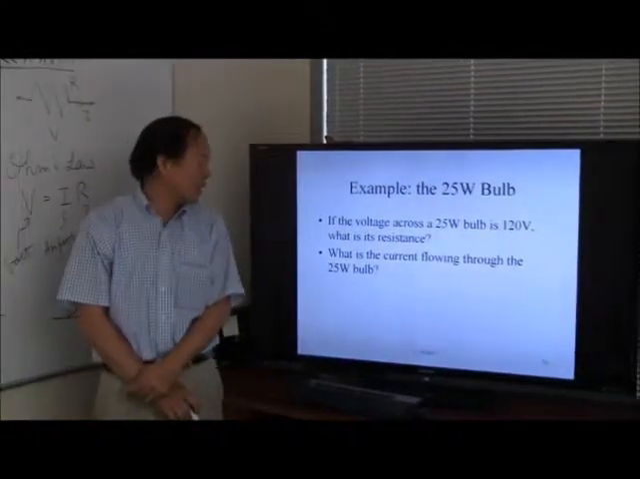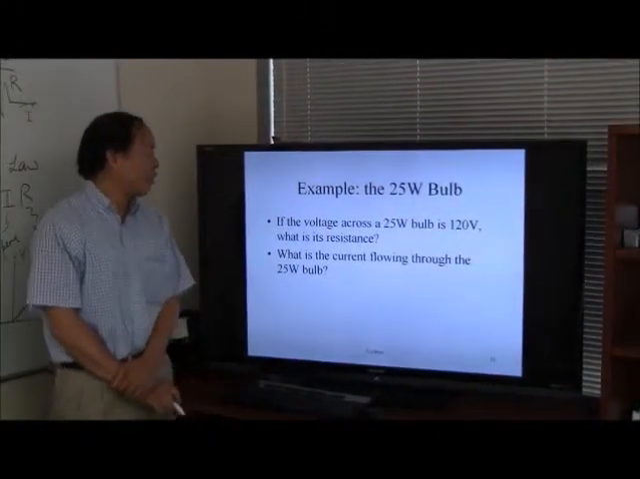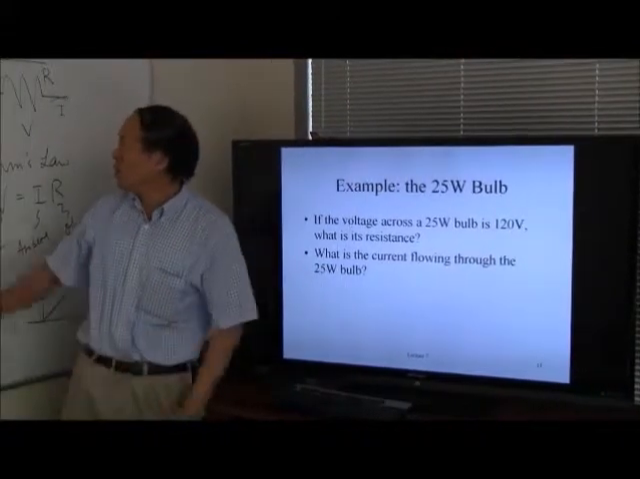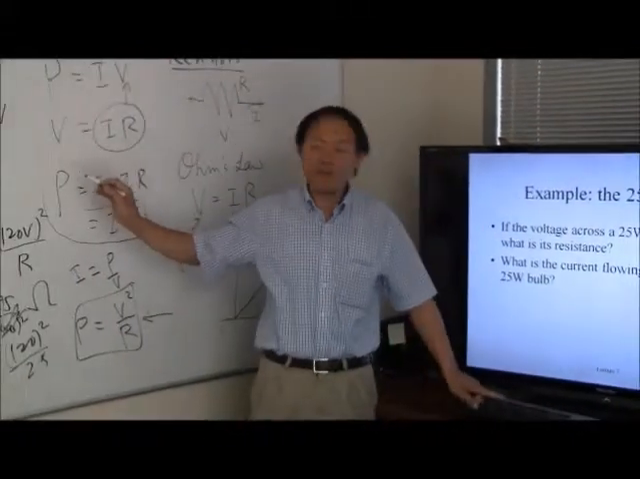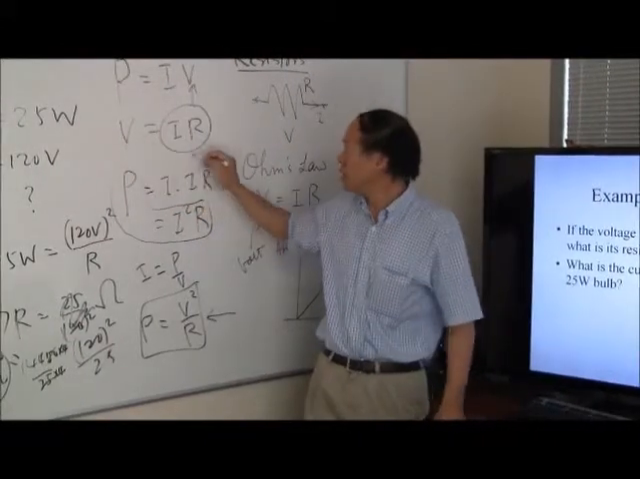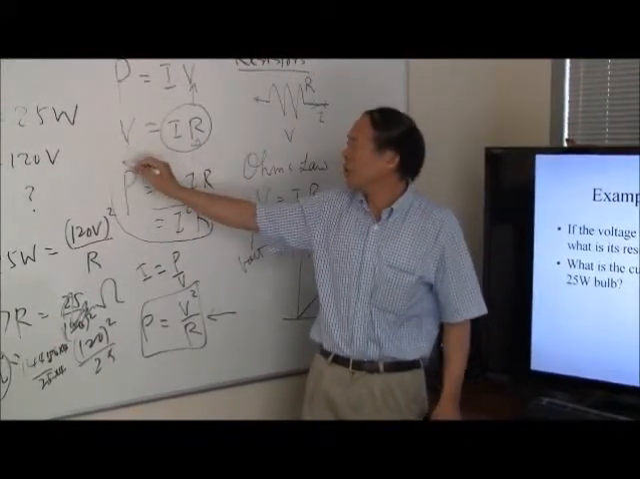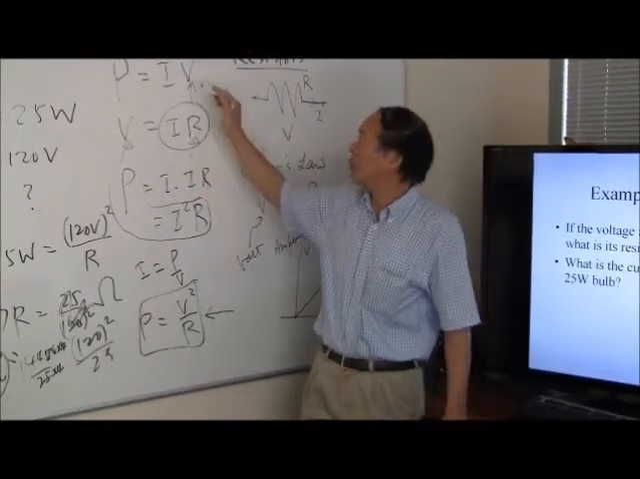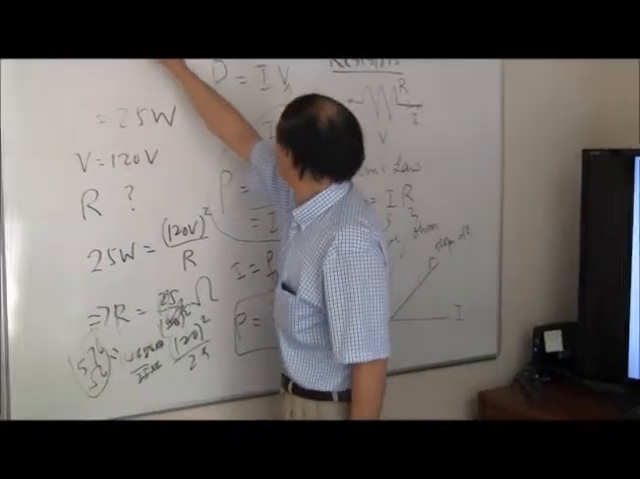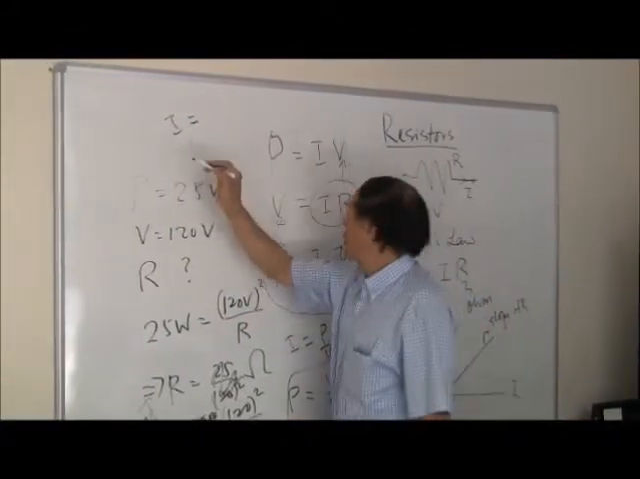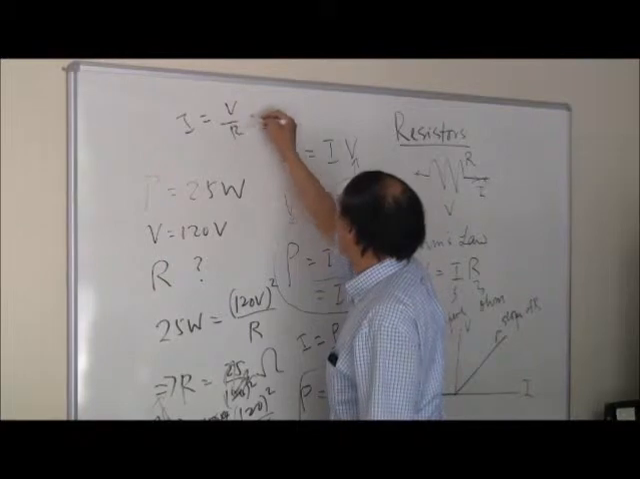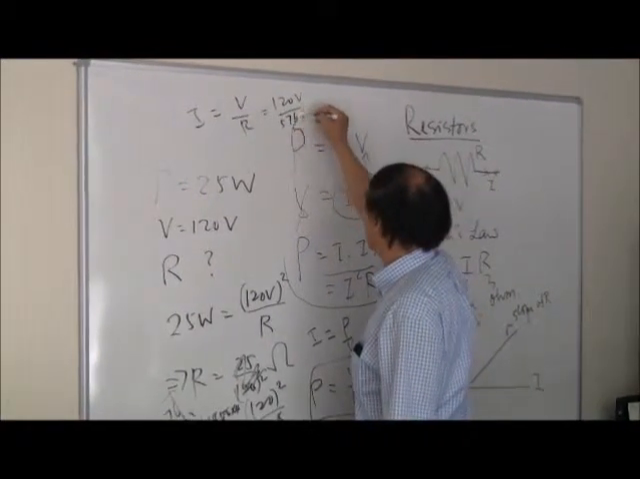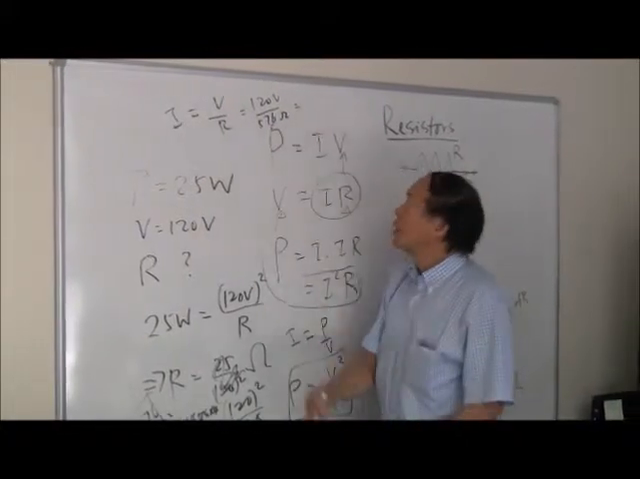The second question we can ask is, what then is the current flowing through the 25-watt light bulb? Now that we know both the resistance and the voltage, you can derive that by V equal to IR, so I would be equal to V divided by R, equal to 120 volts divided by 576 ohms, and that gives you less than 1